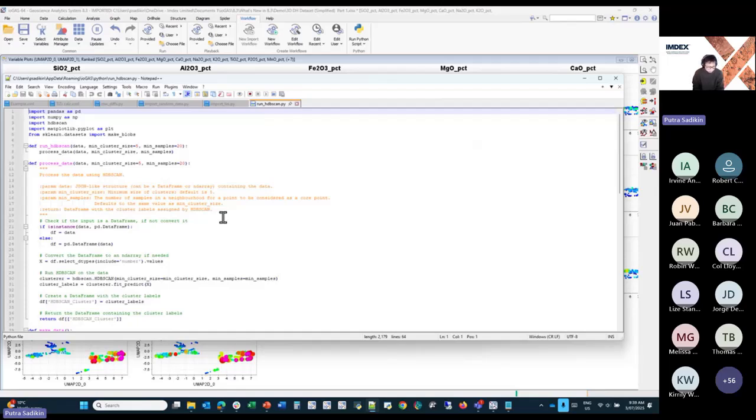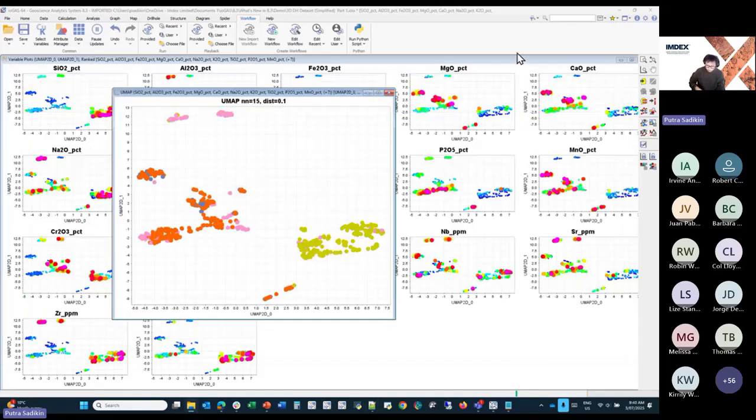I use Anaconda myself because it's just easier to load the packages that you need. But the packages you need to run some of the demonstration scripts that we ship with ioGAS are things like pandas and NumPy. You don't need all of this other stuff, but I'm just going to show you. But look, the intended use for the Python script launcher is if you're already using Python in your environment, and if you're already using ioGAS at the same time, then you don't need to go outside of ioGAS to use Python. And you can combine the two workflows together. And that is if you already are using Python. But if you're not, then